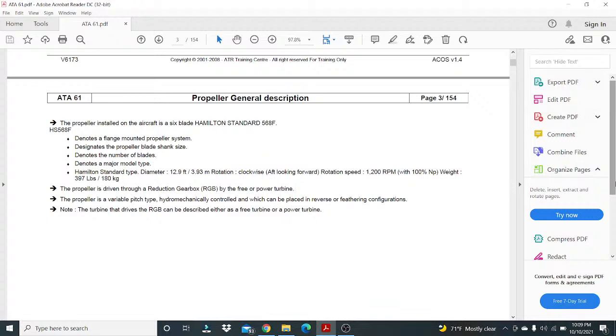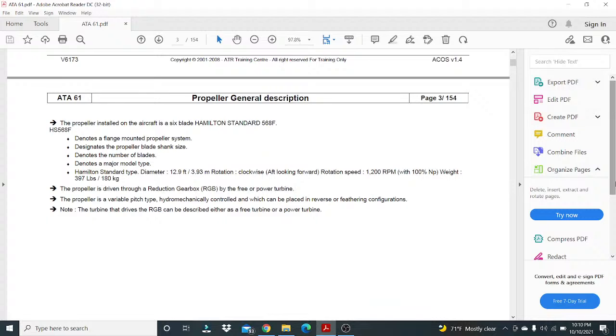The propeller installed. The propeller general description. Okay, now the propeller installed on the aircraft is a 6-blade Hamilton Standard 568 Foxtrot, or HS 568F, which means F denotes flange mounted propeller system,